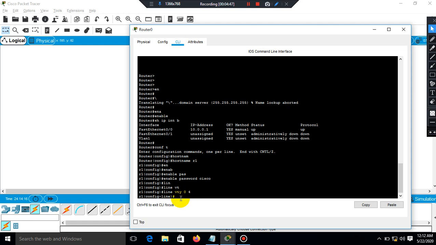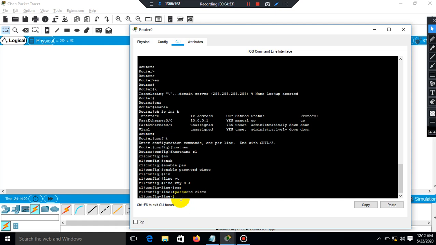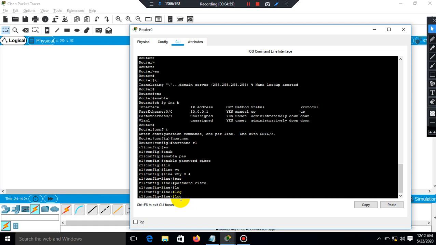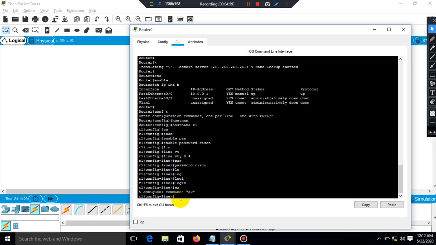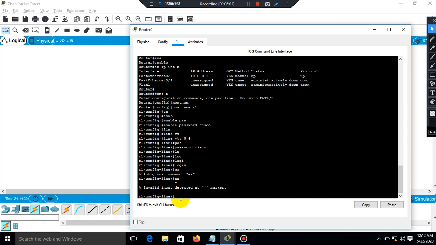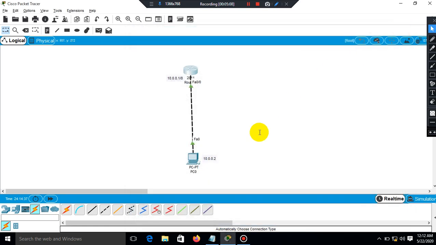After that, password. I am going to define the password cisco, and login. So I have configured the Telnet commands on this router.